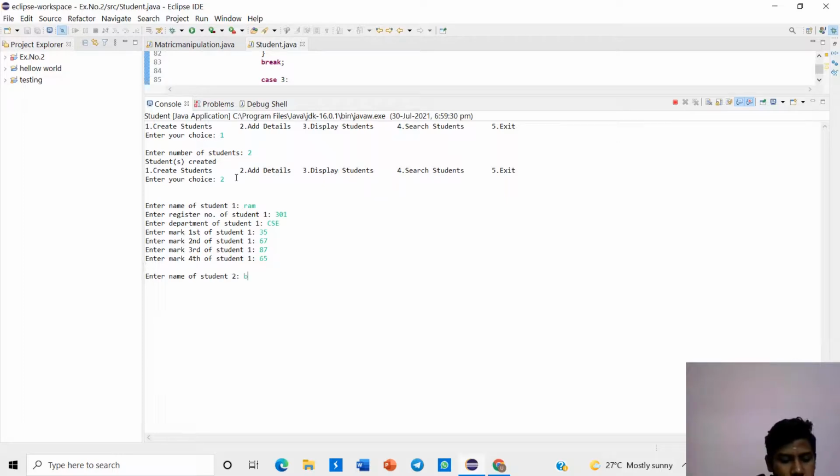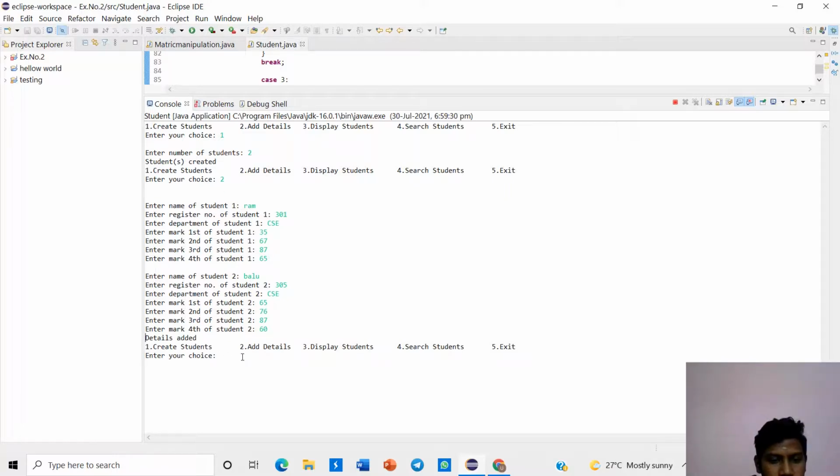The second will be Balu, number 305, department CSE, marks will be 65, 76, 87, 60.